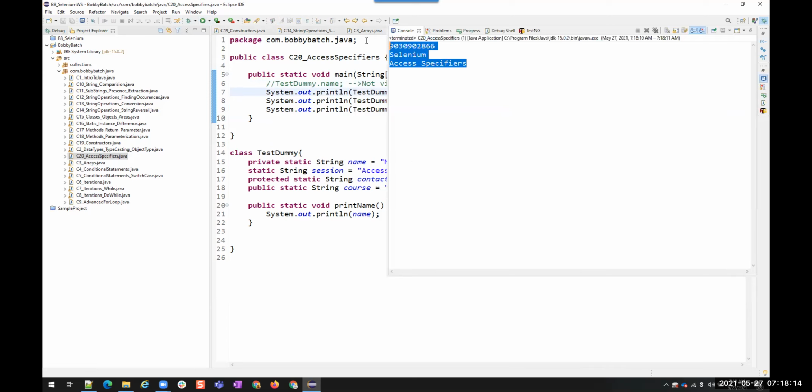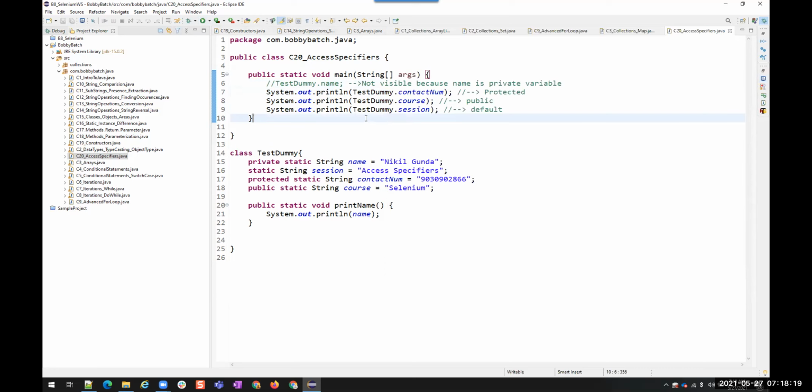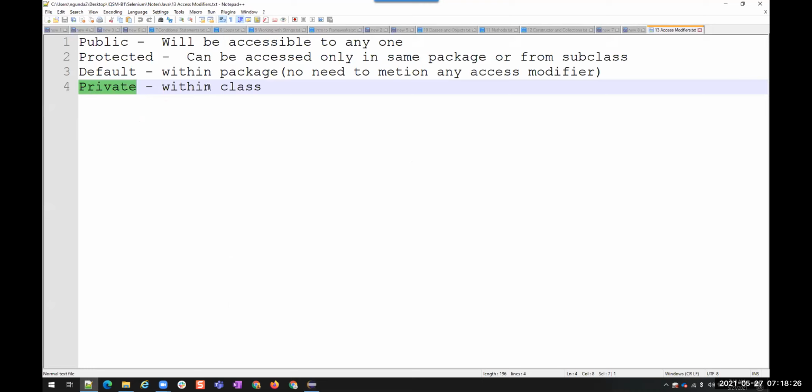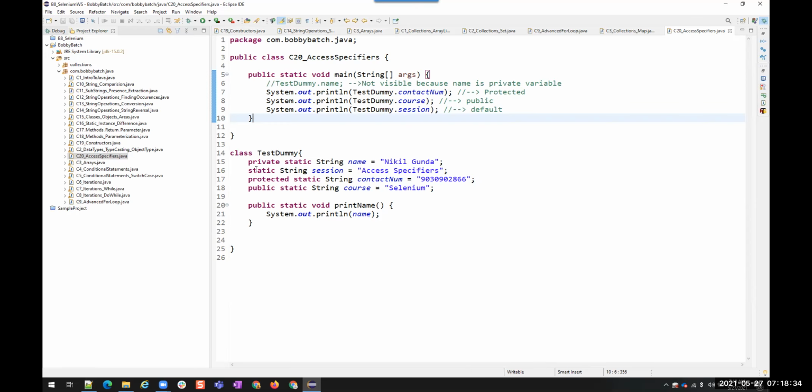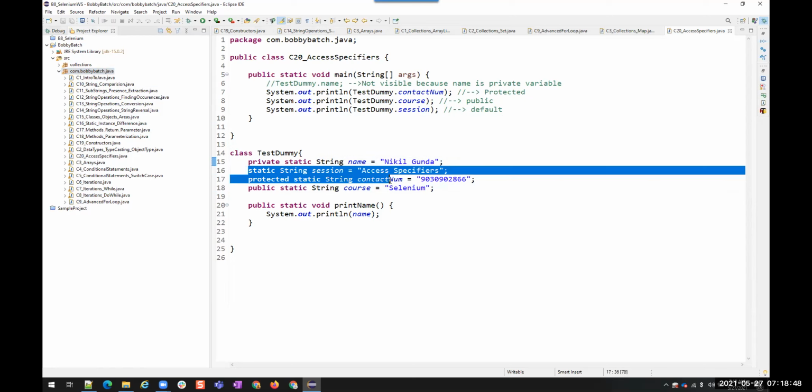See, we got the values exactly however we want. Okay, fine. Now let us see. First one is private within the class that we have completed. Now default within the package. Default is session. This variable scope is within this package, that is com.bobbyboss.java. Outside of this package, we will not be able to see both private as well as this